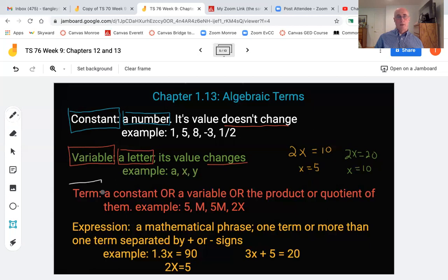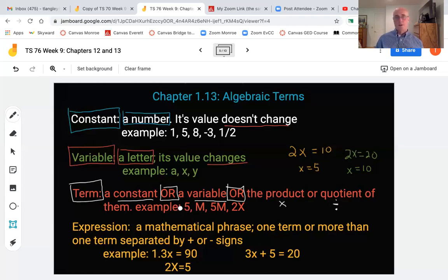They have something in algebra they call a term, okay? And a term could be a constant, which we just learned could be a number, 5. That could be called a term. Or, notice the big OR here, capitalized, it could be a variable, X or Y. It can be considered a term. Or it could be the product or quotient. Product means something times, like 2x, 2 times x. Quotient means divide, just as a reminder. And this is times, okay? Product of or the quotient of them.